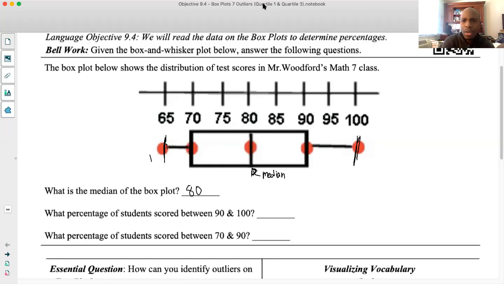So when I look at those numbers, 90 and 100, right? I'm gonna use a different color just to highlight what I wanna make sure I say. 90 is here. They're asking you about the percentage of students from here to, sorry,